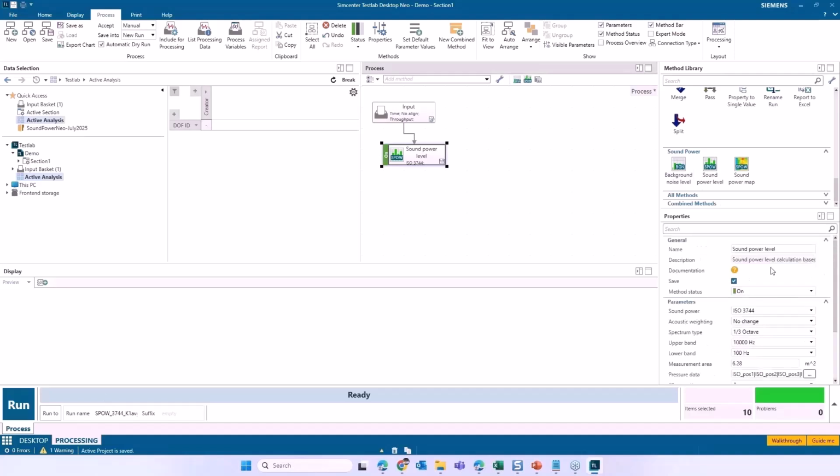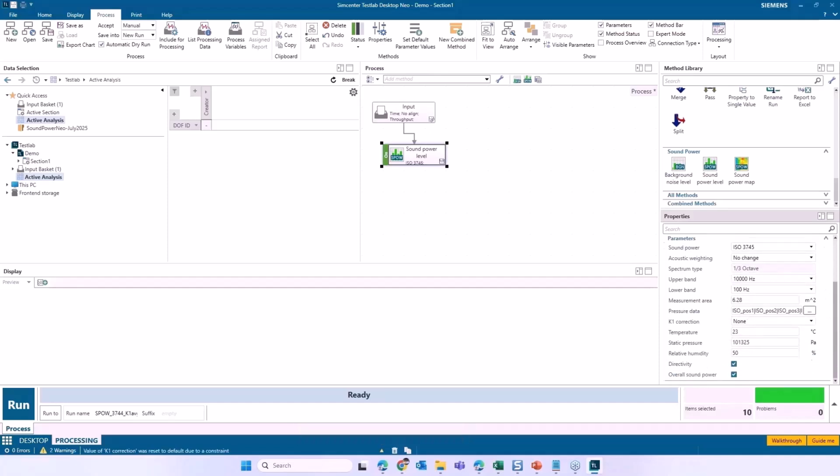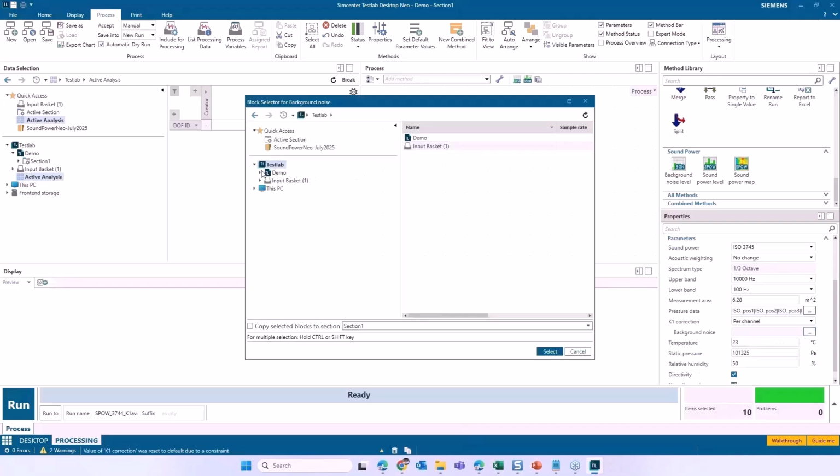Now, if I want to do the same calculation in the 3745 standard, I can do that selection. Again, I have to specify the area and which microphone data that I want to use. But then this K1 correction, now I have to specify per channel, and I can select the data that I've already computed as part of that.